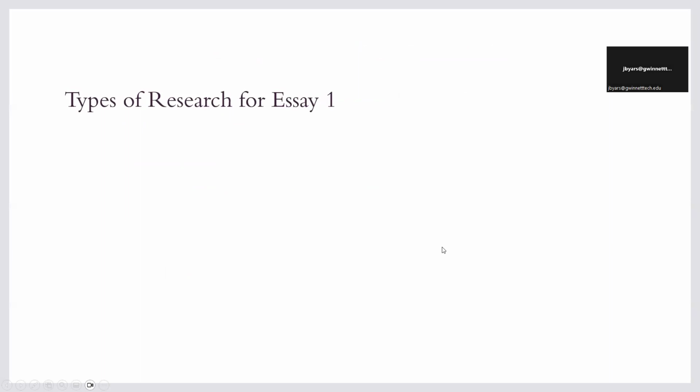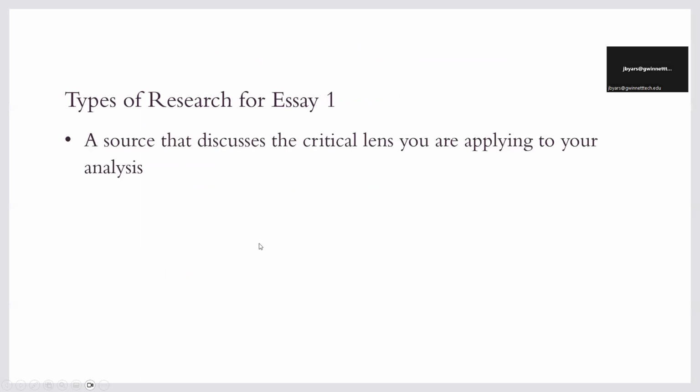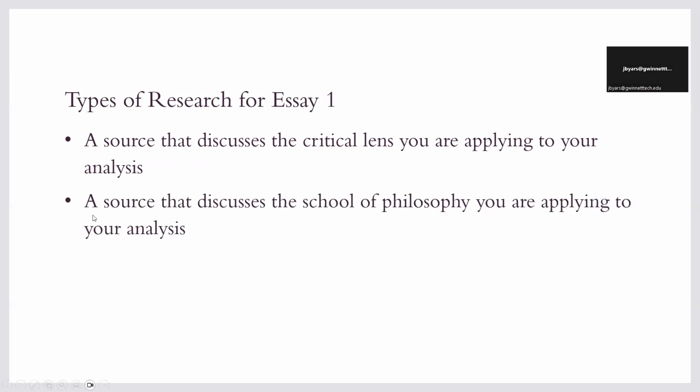So types of research for essay 1. A source that discusses the critical lens you are applying to your analysis. So you got to have one source that's just about feminism or about critical race theory or about historical criticism. A source that discusses the school of philosophy you're applying to your analysis. A source on existentialism, a source on Marxism, a source on hedonism, a source on Taoism, whichever one you're picking